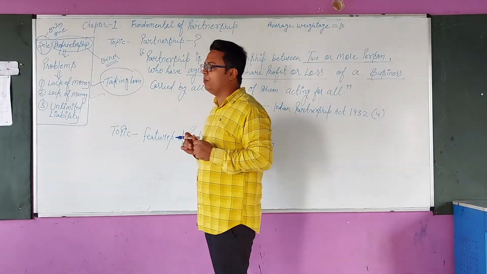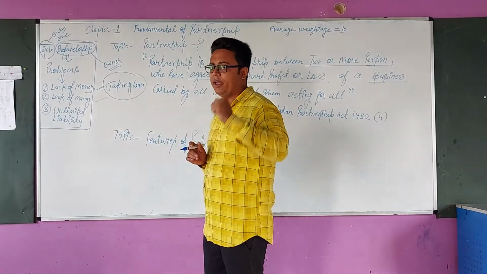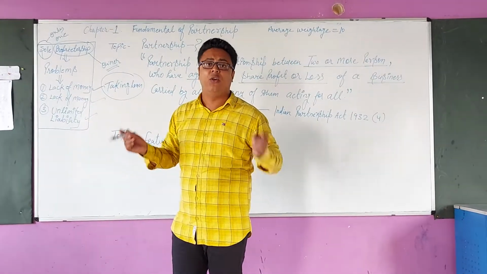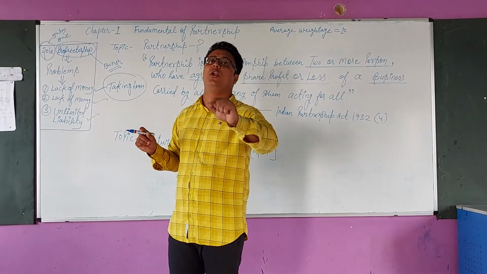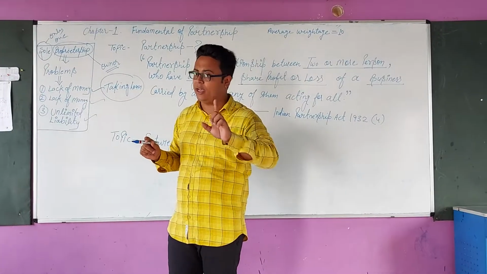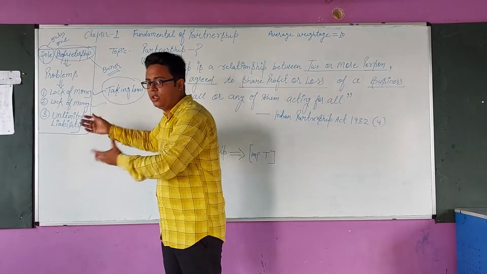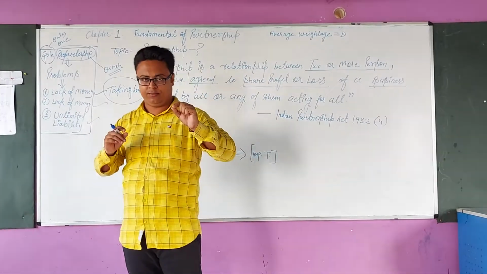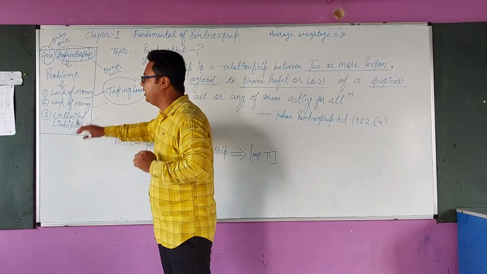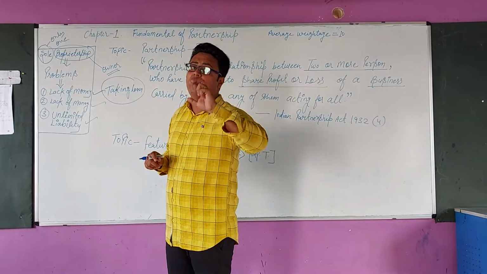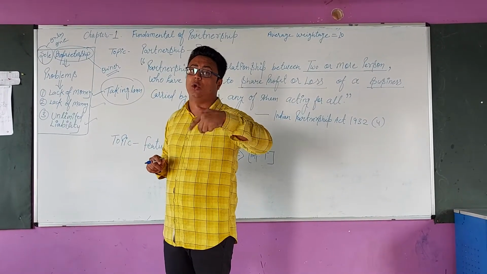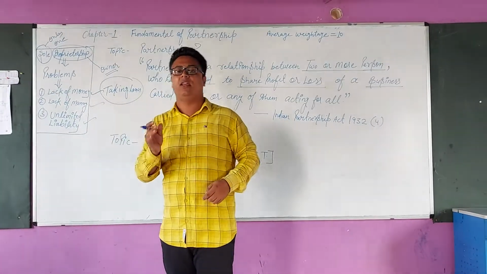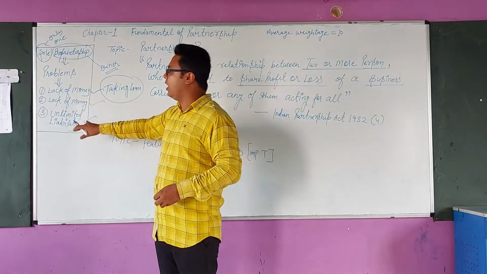The third and most important difficulty faced by sole proprietorship was unlimited liability. What is unlimited liability? When, to pay off the loans of the business, the private property of the businessman can be attached, it is called unlimited liability. When to pay off the liability, to pay off the loans, to recover the loss of the business, if private properties of businessmen can be attached, this condition is called unlimited liability.